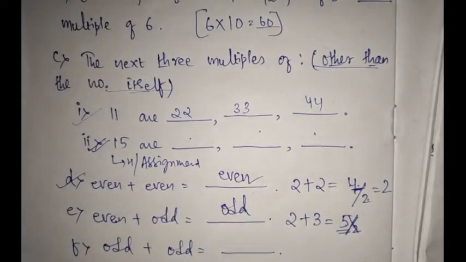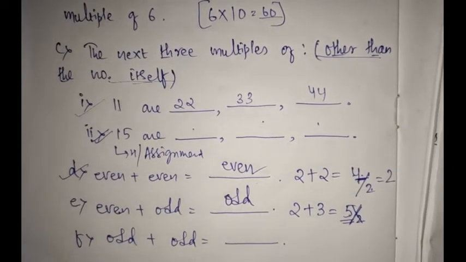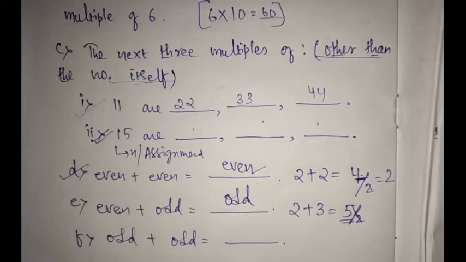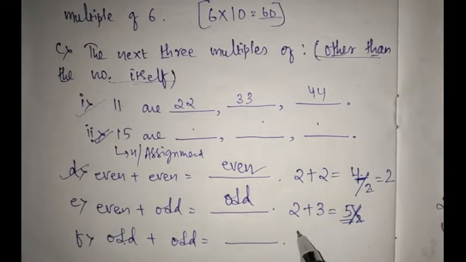So students, this is a very important concept. You will not forget it until and unless you leave your studies. This is a very important part of your topic. Okay, so what will happen when you have an odd and an odd number? Say for odd, 3 plus 3. 3 is an odd number, 3 is an odd number. Why? Because they are not divisible by 2.